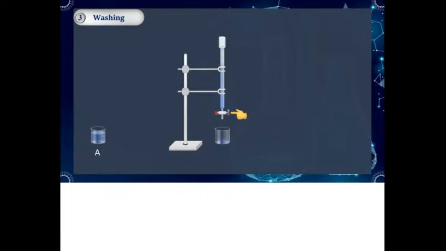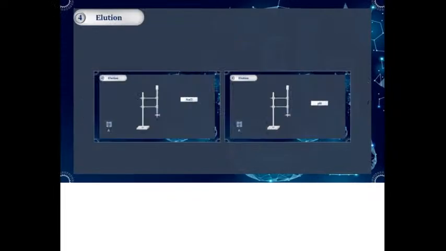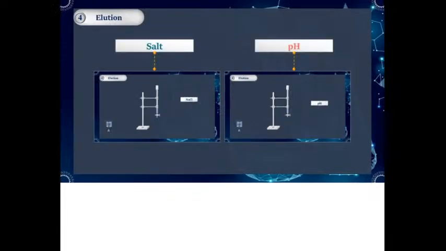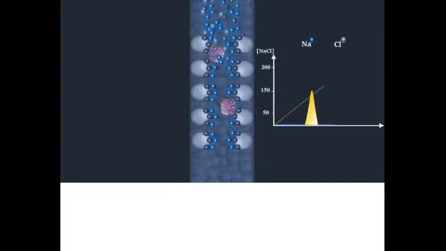When all the sample has been loaded and the column washed, conditions are altered in order to elute the bound proteins. Most frequently, proteins are eluted by increasing the ionic strength of the buffer, or, occasionally, by changing the pH. As ionic strength increases, the salt ions compete with the bound components for charges on the surface of the medium, and one or more of the bound species begin to elute and move down the column. The proteins with the lowest net charge at the selected pH will be the first ones eluted from the column as ionic strength increases. Similarly, the proteins with the highest charge will be most strongly retained and will be eluted last.